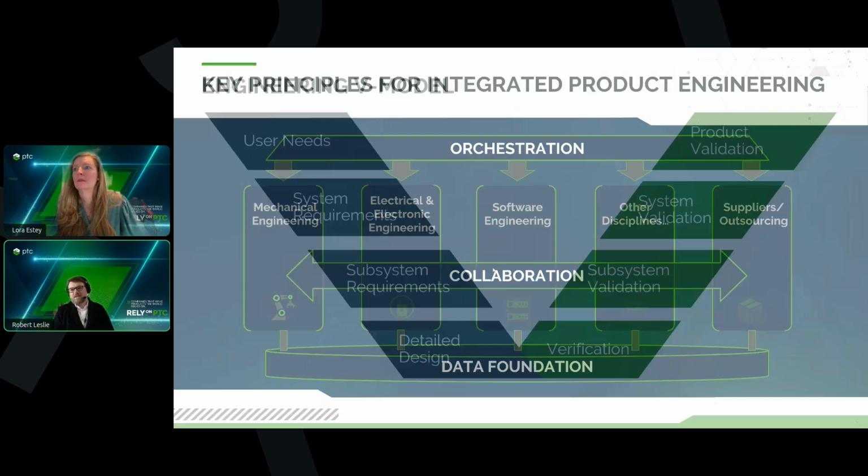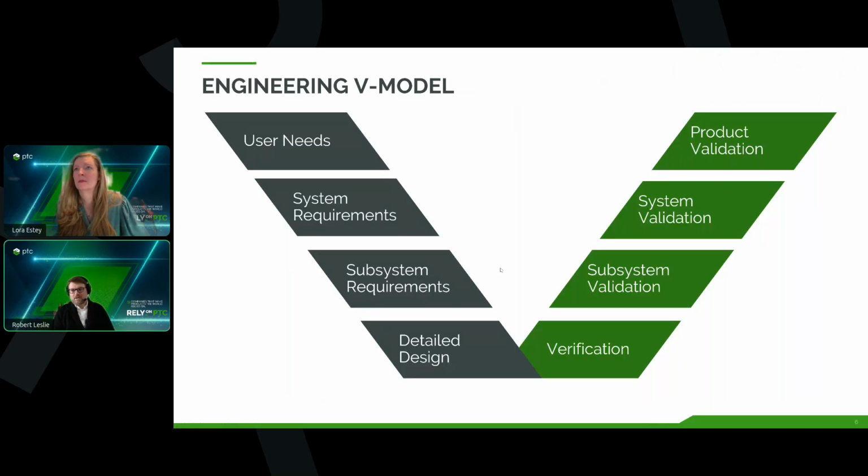And it prevents us from working really in the engineering V model. In the engineering V model, we need to actually be able to trace from user needs down to the detailed design and then up from verification through overall product validation. And if we think about each of these items being a disconnected document, which is often what we see with document-based ways of working,